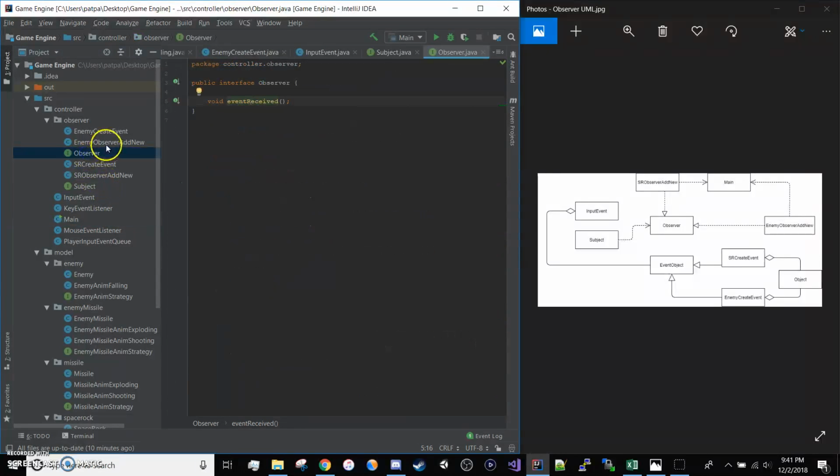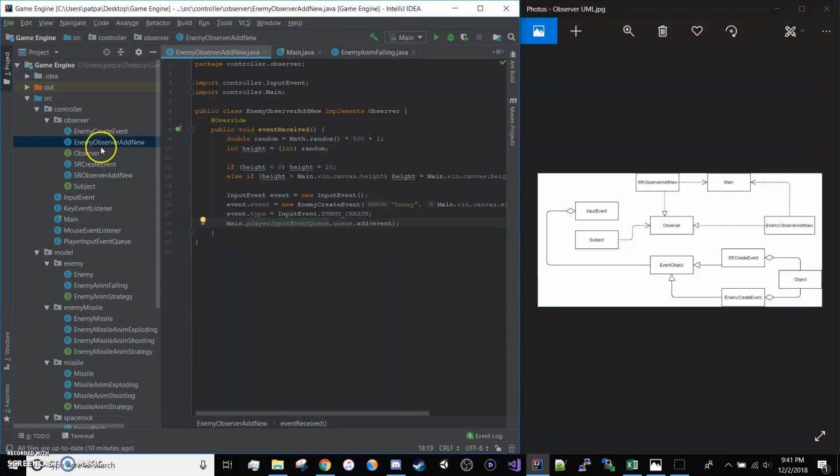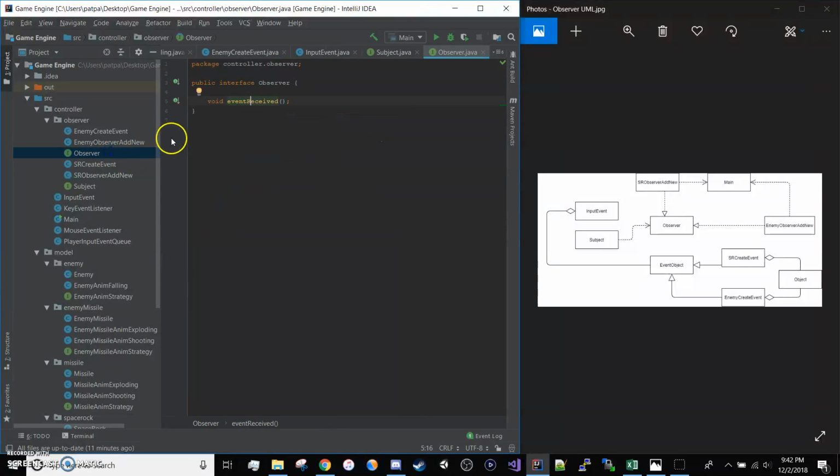So, observer event received. Enemy observer add new. Oh yes, the main actually calls this, if I'm not mistaken. No, actually it doesn't. Sorry, I misspoke there. Yeah, these observers, they add event received. Whenever the event received here is called,